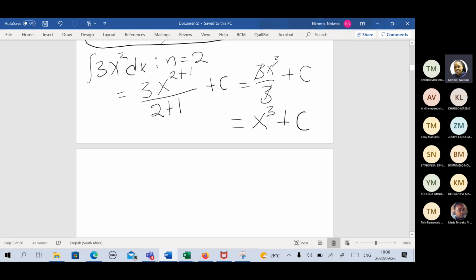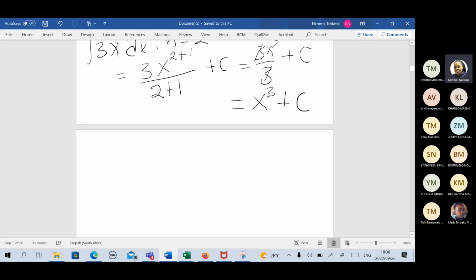We have other rules for integration, like in differentiation again. We have that rule saying the integral of a constant. Let's say we are asked to integrate a constant, right? The integral of a constant will